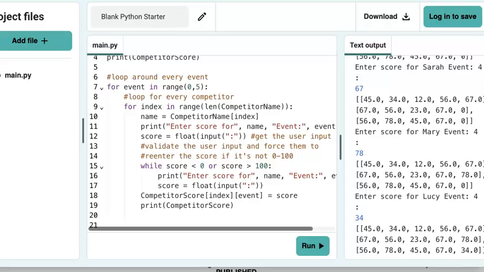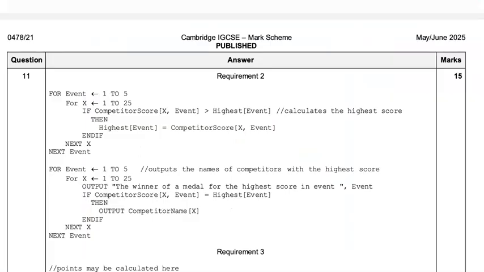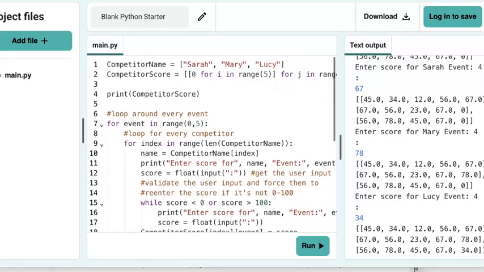they are fairly formulaic with these. So the second part, for requirement 2, we're finding the highest score. So for each event: who's the fastest sprinter, who was the fastest 1500, who jumped the highest in the high jump, etc. Now they've got 2 for loops for this. I would say you probably don't need to do this in 2 different for loops. I would put it in the same loop and output each one. You can do it in 2 for loops if you want to, but I would do it in just one. So one of the things I just wanted to point out about the indexes of this is that